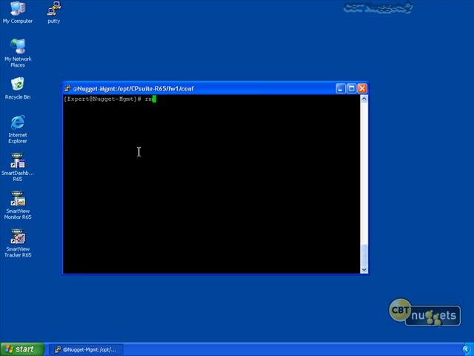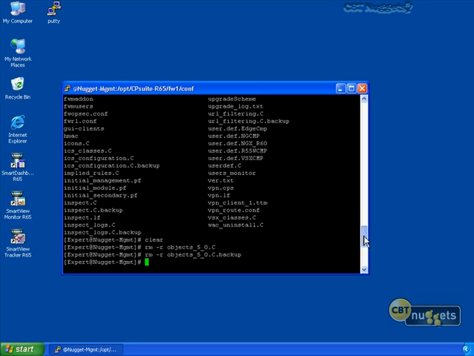So what we're going to do is an rm -r, to remove and make it recursive, of our objects file. So objects_5_0.C, we're going to remove that. We're going to hit the up arrow again. We're going to hit tab. We're going to get the backup of that file as well. Now that's gone. Now we're going to look at our previous setup, and one thing I need to remember is,